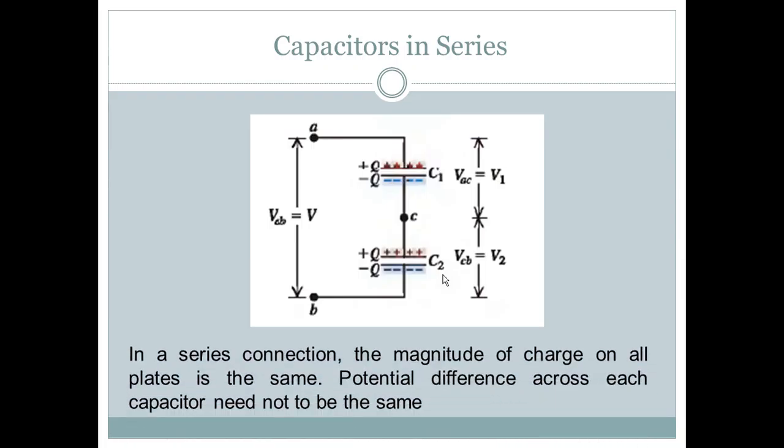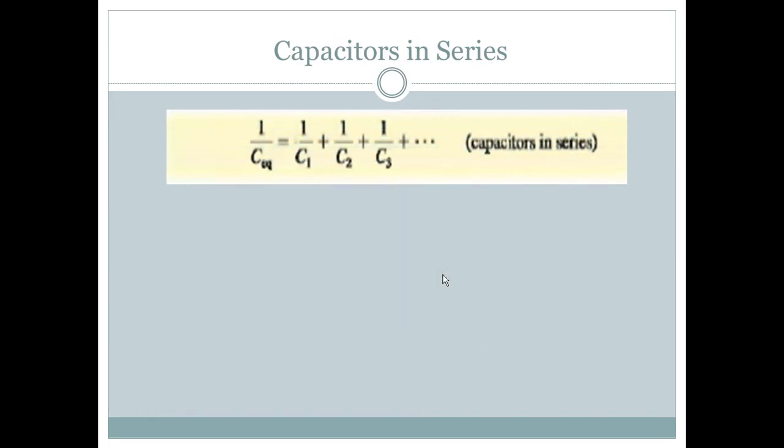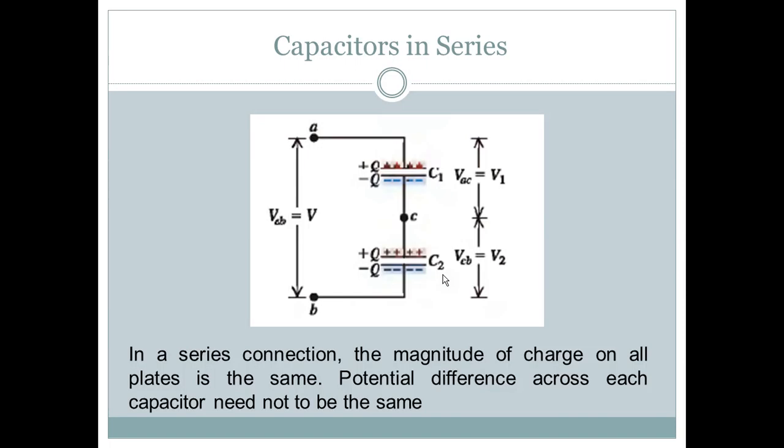Okay, so in a series connection, the magnitude of charge on all plates is the same. Potential difference across each capacitor need not be the same. Now, in order to get the overall effect of the capacitors in series, an overall effect means that there is an overall equivalent value for the capacitance equivalent to the combined effects of the two capacitors in series,